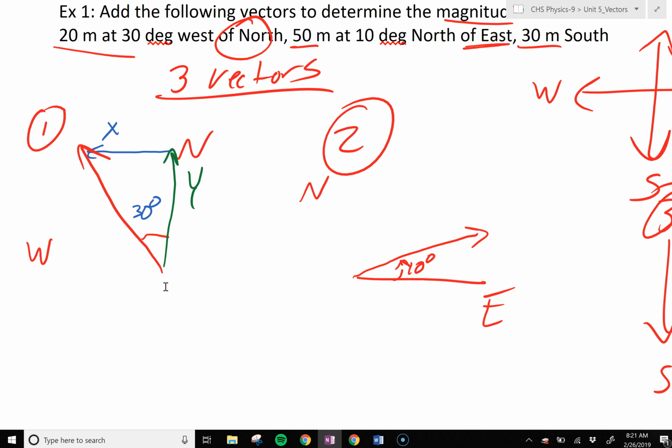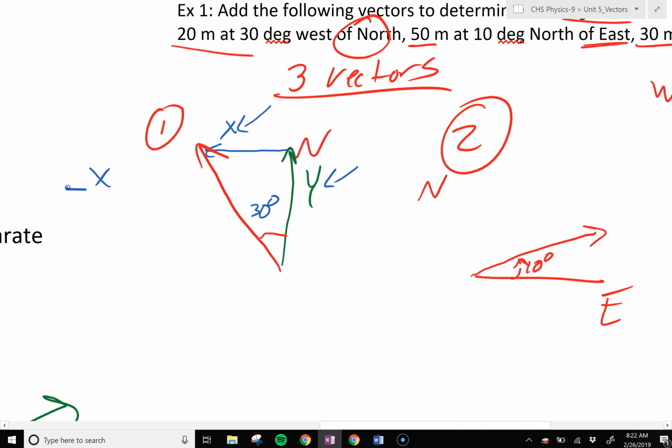But wherever I was, I believe I was talking about how we're going to use sine, cosine, or tangent to find the x and y components. So for the x direction, this one is opposite from the angle, which normally the one that's opposite is sine, but in this case, since we have things arranged a little bit differently, the opposite, we're going to use sine because of SOHCAHTOA. The hypotenuse is the 20 meters, and so then we have the sine of